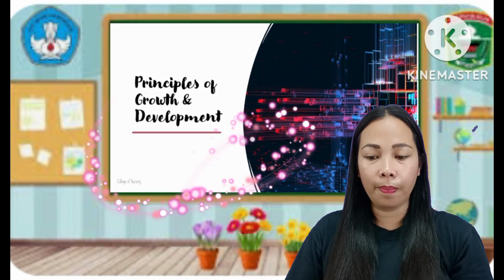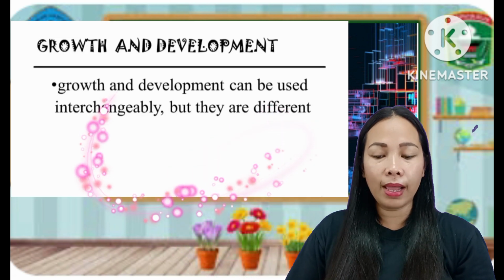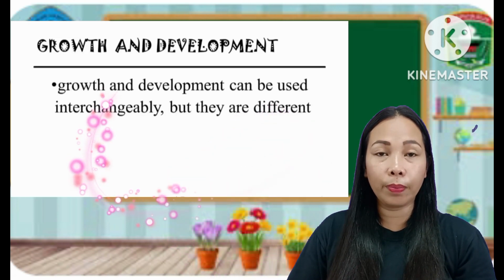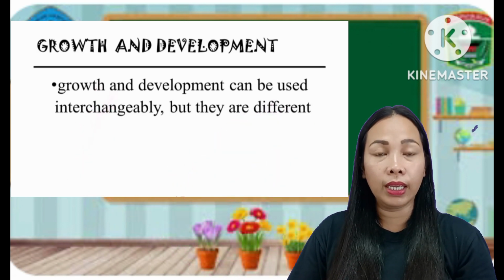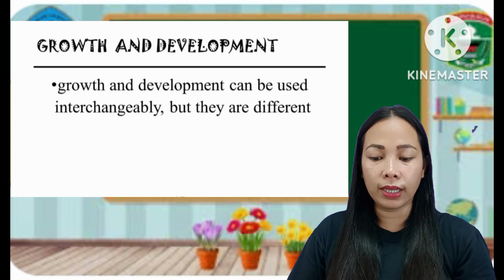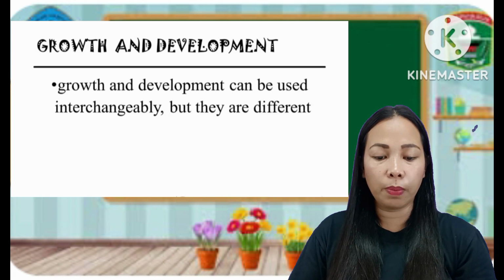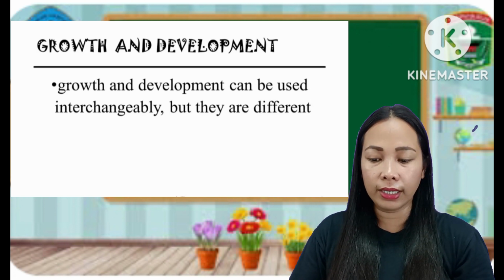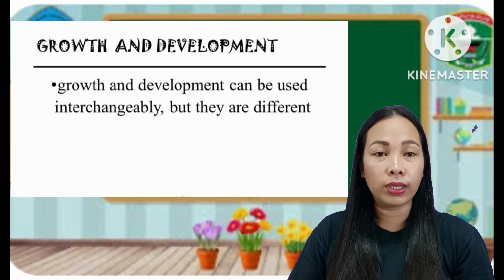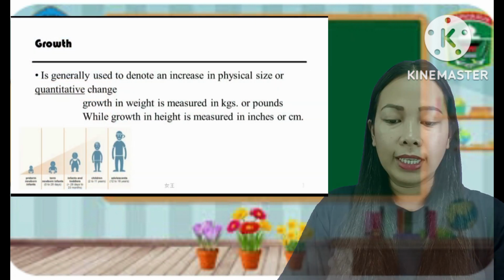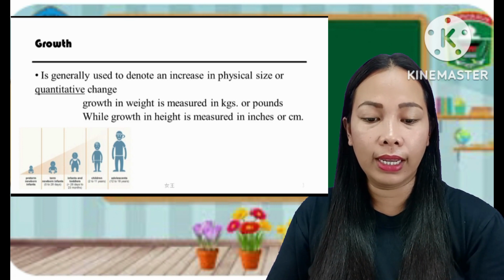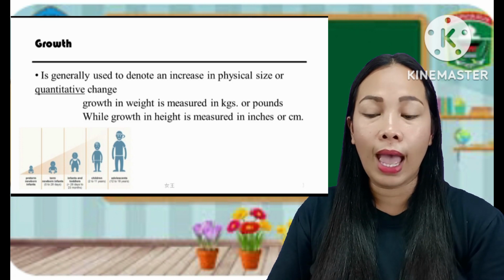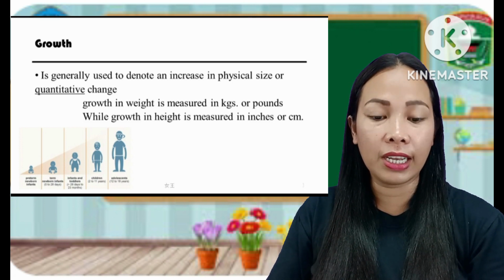Principles of growth and development. The terms growth and development both refer to dynamic processes often used interchangeably, but these terms have different meanings. Growth and development are interdependent, interrelated processes. Growth generally takes place during the first 20 years of life. Development continues after that. Growth is physical change and increase in size. It can be measured quantitatively. Indicators of growth include height, weight, pounds, and size.